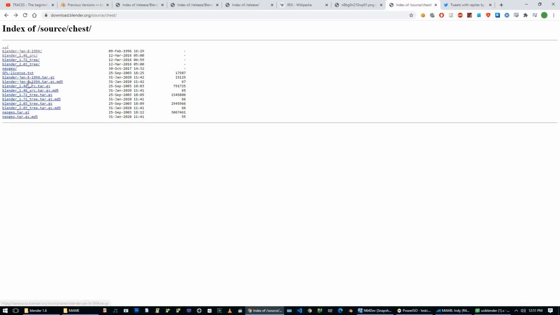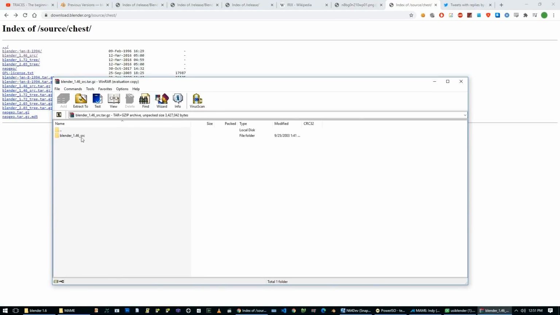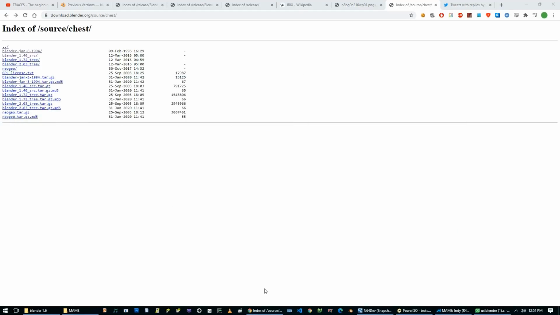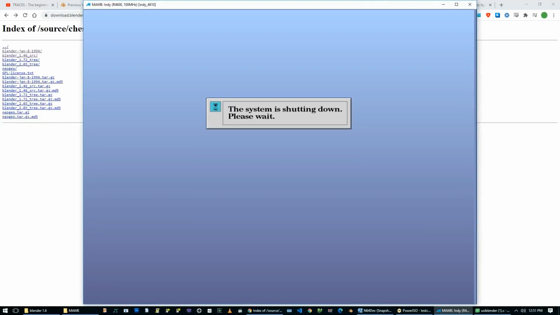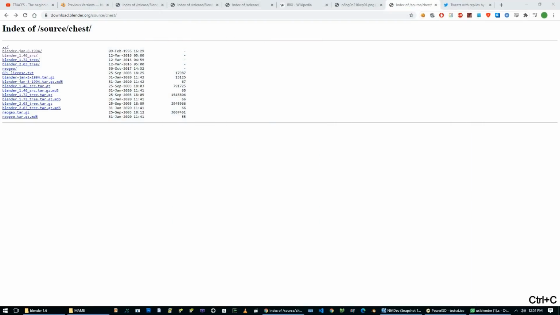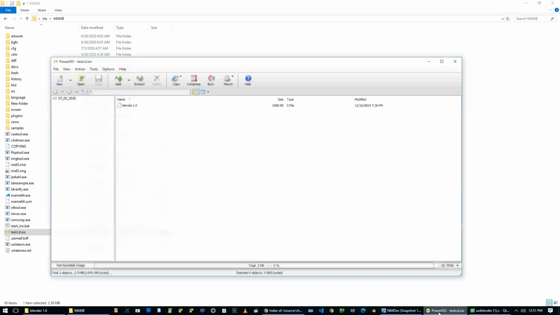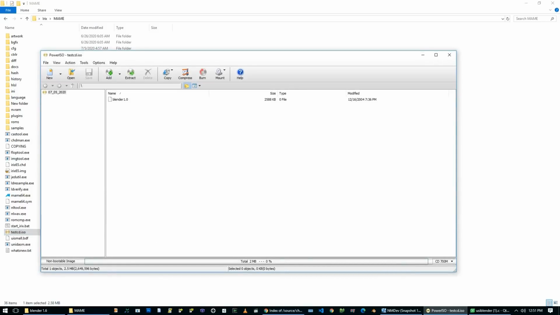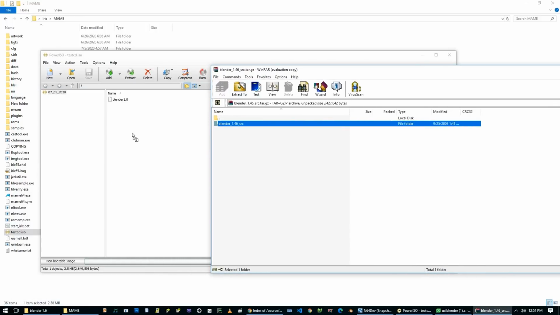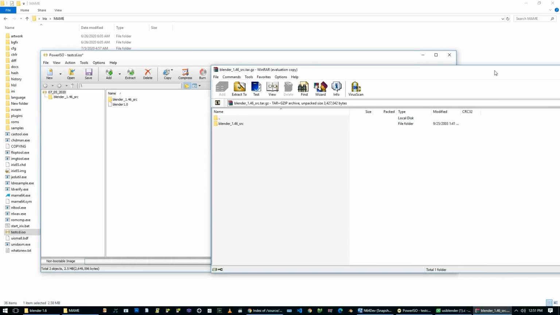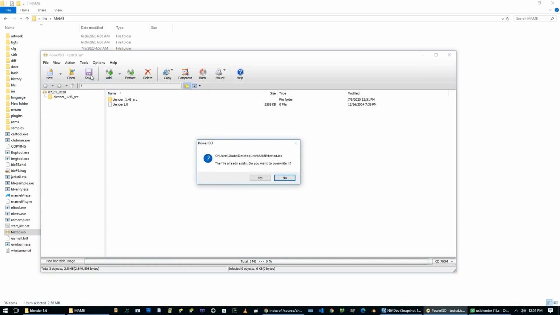So I went here and I got the Blender 1.46 source.tar.gz, and I have it open here in WinRAR. There's the file. Okay, so at this point, you can just close. There we go. So in MAME, I have this testcd.iso, which we have right here in PowerISO. So if I take this source code, put it onto the CD, save changes,